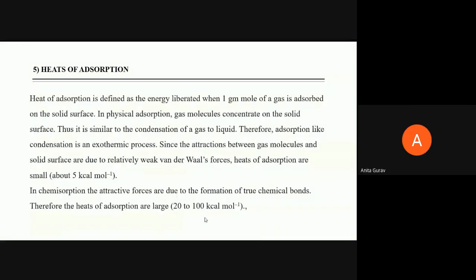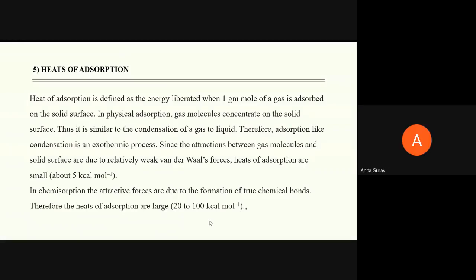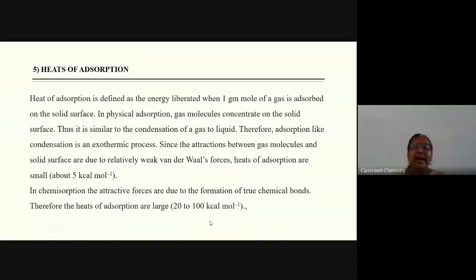Heat evolved when 1 gram mole of gas is adsorbed on the solid surface. 1 ग्रॅम मोल गॅसचा सॉलिड सरफेस वरती ऍडसॉर्ब झाल्यानंतर जेवढी हीट इव्हॉल्व केली जाते दॅट इज नोन ॲज द